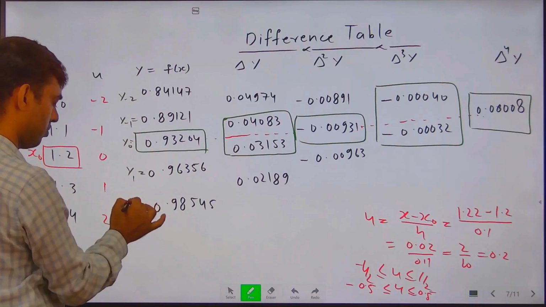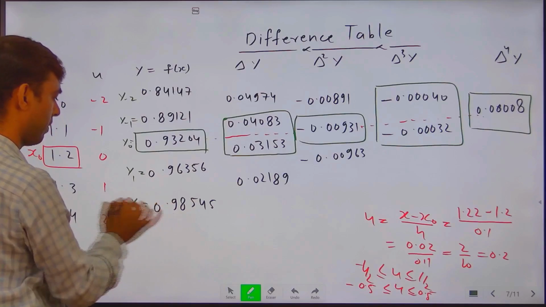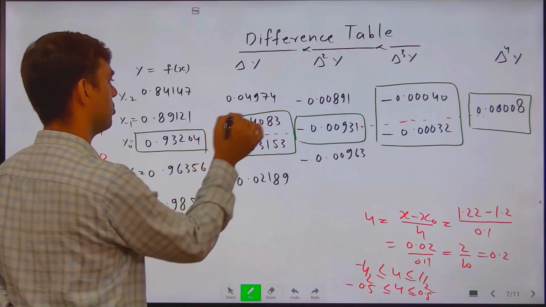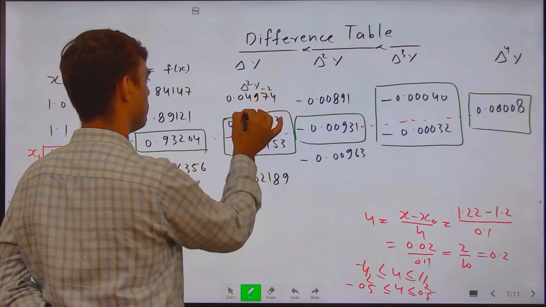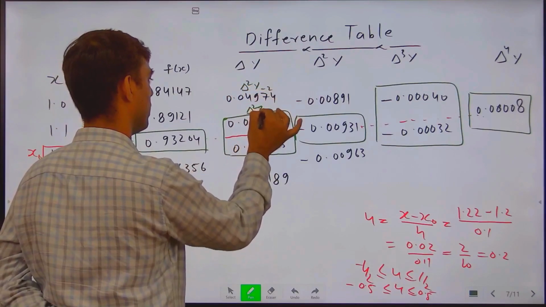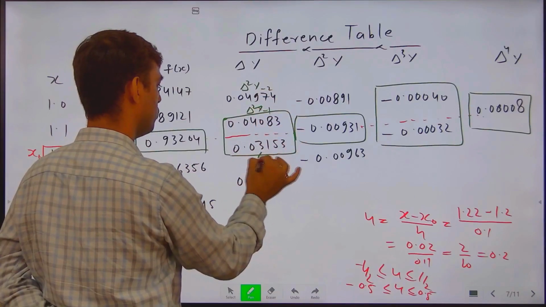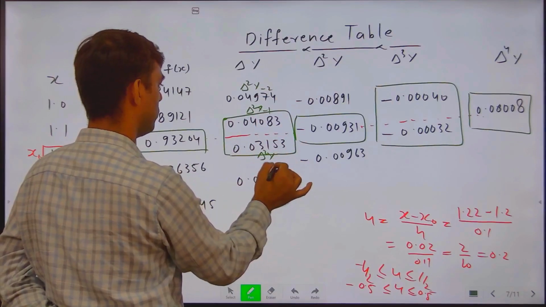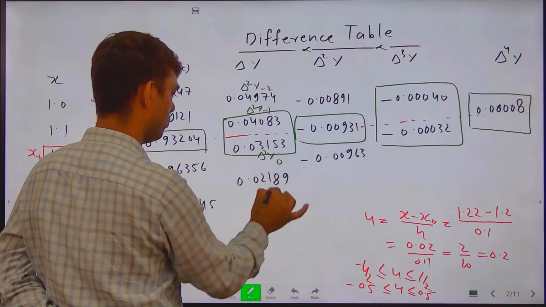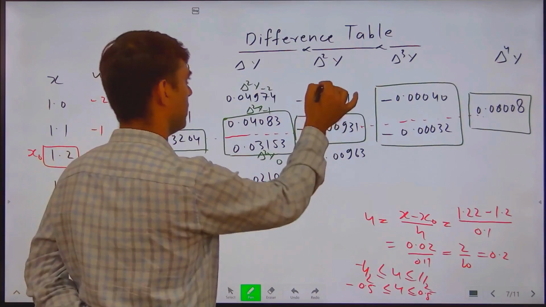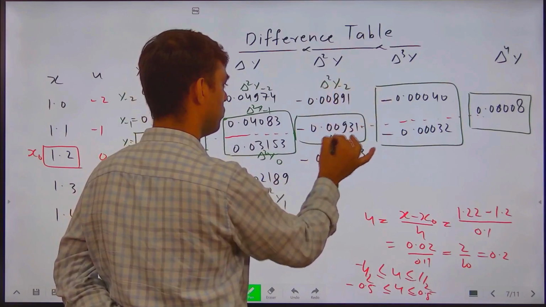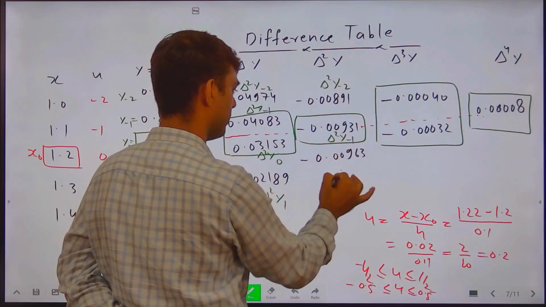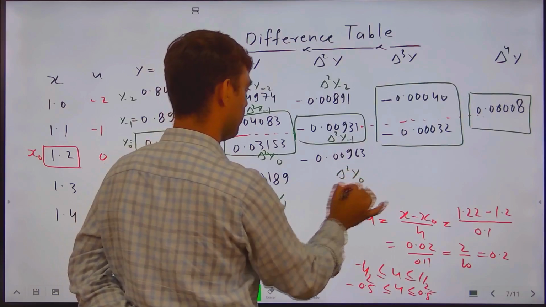In order to simplify the calculation, here this one is del 2 y minus 2, this one is del 2 y minus 1, this one is del 2 y0, del 2 y1. Here this one is del 2 y minus 2, this one is del 2 y minus 1, this one is del 2 y0,